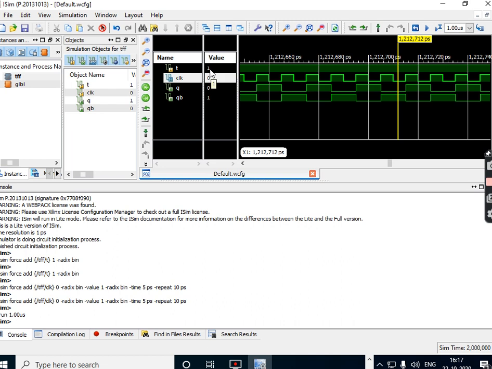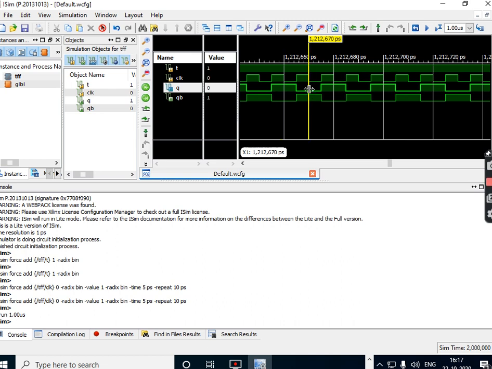Similarly, it can be cross-checked even for T equal to 0. Are you getting this? This is how the T flip-flop shows the behavior that Q and QB are always in the toggling state, and therefore you can observe in the waveform how Q is toggling here. Q is continuously toggling and Q bar is always its complement, therefore you are getting a clock wave generator. Not only the clock wave, you can see one more observation.